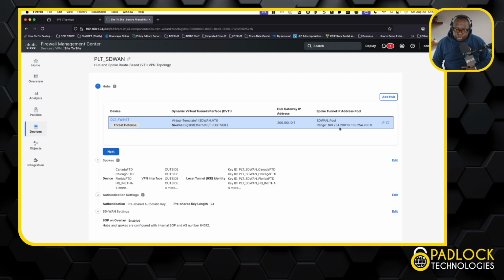So this pool is an address pool, similar to what you would do with an RAVPN, and it's going to assign the spokes an IP address when it dynamically creates the VTI. It's going to take out of this pool and assign an IP address, sort of like RAVPN. When you connect to the RAVPN, you get an IP address from a pool, unless you're using DHCP to control DHCP assignment or address assignment. So once you do that,